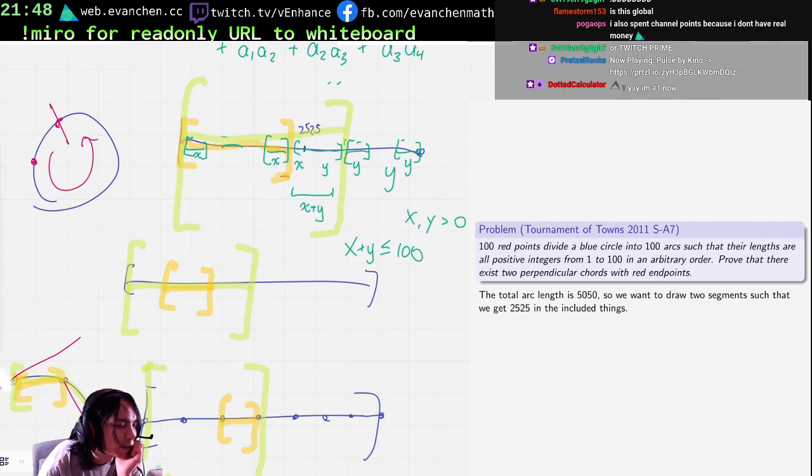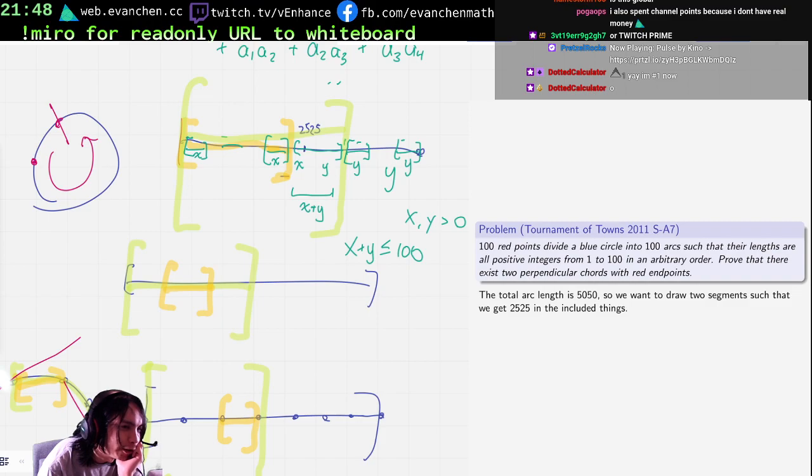So I want to do something dumb, alright? Someone tell me if this actually works or not. We're going to imagine a green point at the midpoint of all the even length red arcs. And I want there to be some green-red distance, which is 25-25. Is that possible? I feel like this shouldn't be possible to guarantee, but I'm not 100% sure. It shouldn't be possible though, right? Because for every green point, there's a